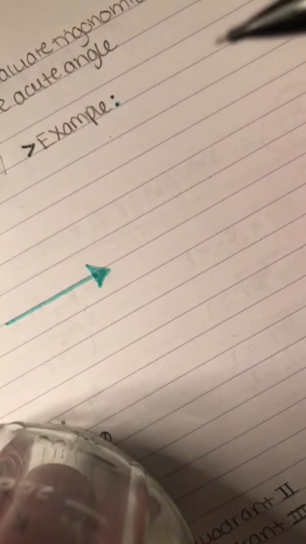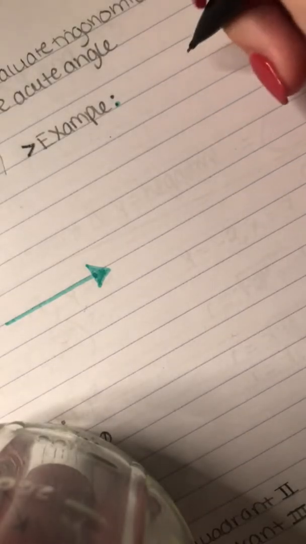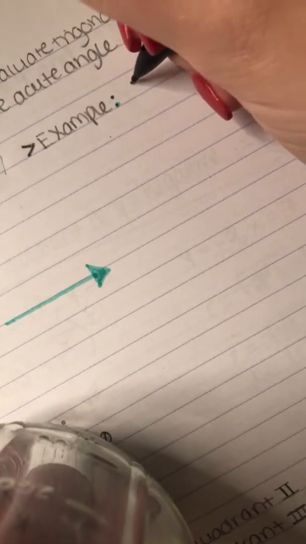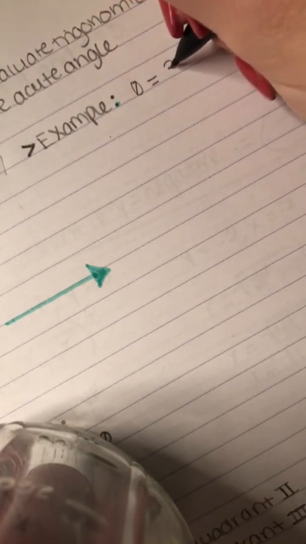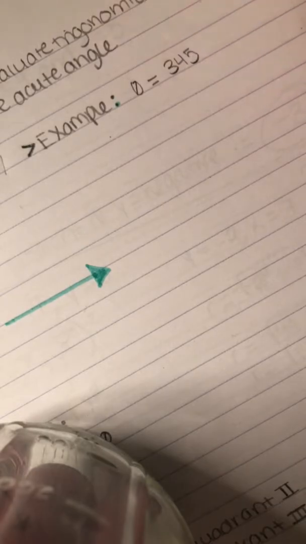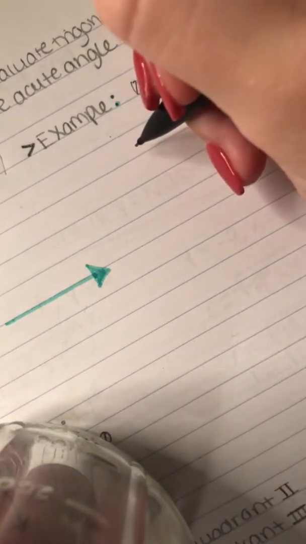If the angle is 345, go ahead and write this: equals 345. And then the graph for it would look like